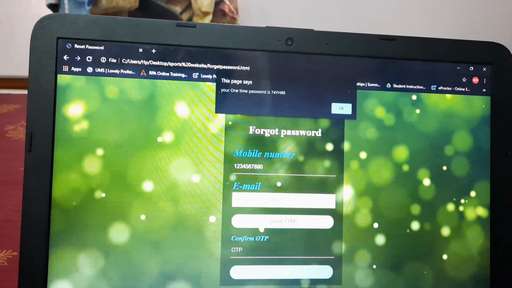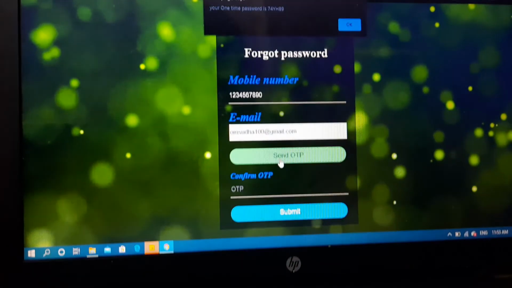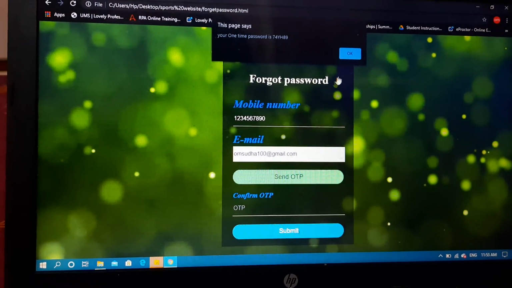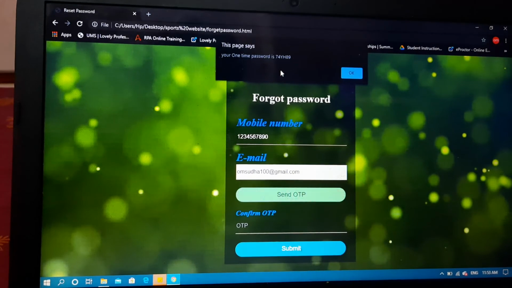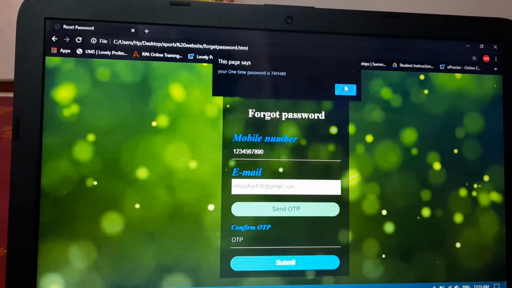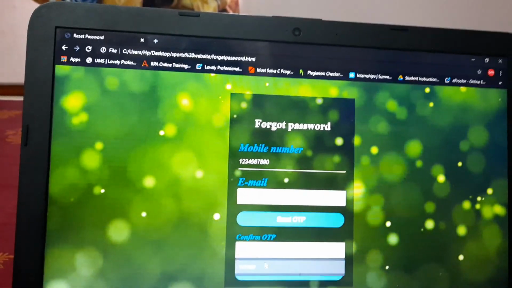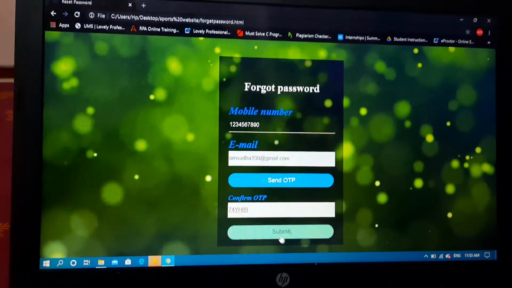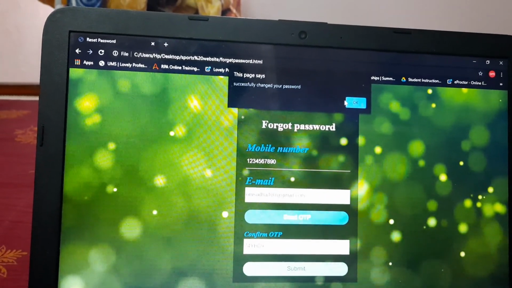As soon as we enter the email and click on send OTP, here you can see a pop-up box which says your one-time password is something. So if I write that one-time password over here and submit it, it says successfully changed your password.